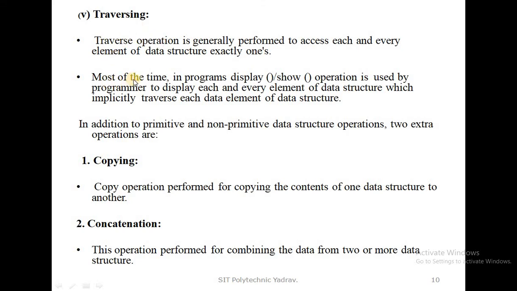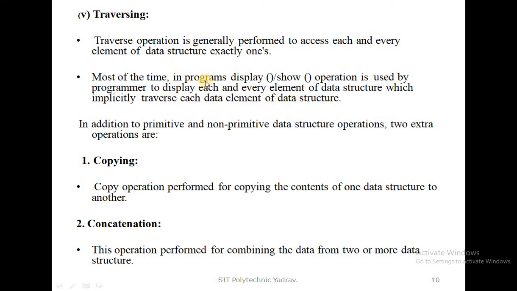Most of the time in programs, display or show operations are used by the programmer to display each and every element of the data structure, which implicitly traverses each data element of the data structure.